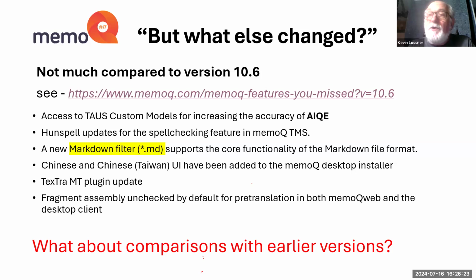And I will give you some samples or some indications in the follow-up article where I have the sample data and so forth, so that you can explore this not so new file format, but this new filter, and see